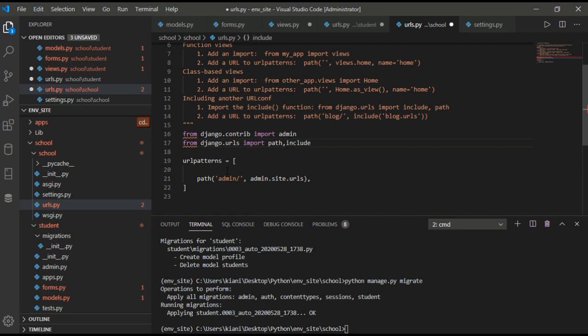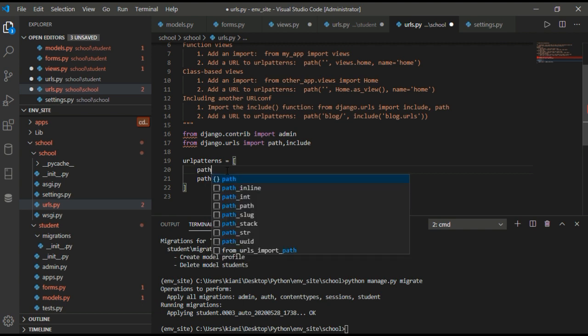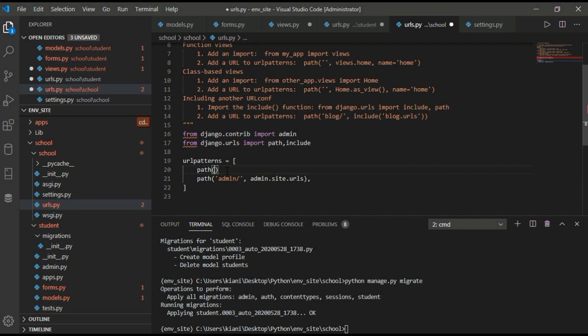Inside the path, if we have empty nothing, then we should have views.index, and name should be index. Okay, so this is the first path. The second path will be create view, the third path will be update, delete.